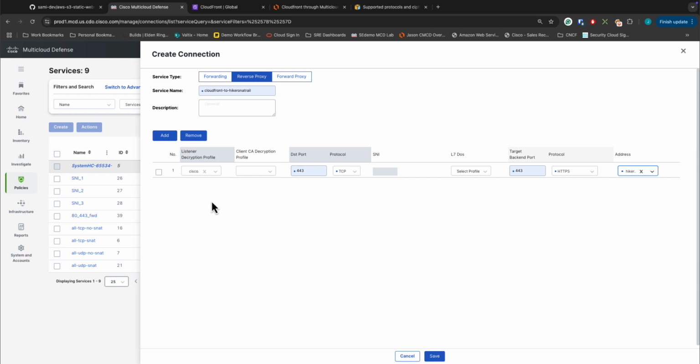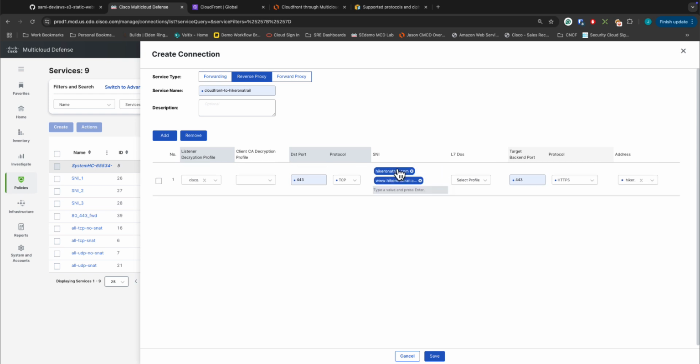Now it's important that we should be aware there could be multiple websites being served through here, or services on 443. So to ensure that traffic hitting this specific rule that's going to this bucket is coming in on a specific SNI, we can type those in here. So I'm going to say hikeronatrail.com, and then we can even do www.hikeronatrail.com. With this, we're essentially doing some SNI-based routing, saying anything coming in on these SNI or host headers is going to get proxied to this backend. So we'll click Save,